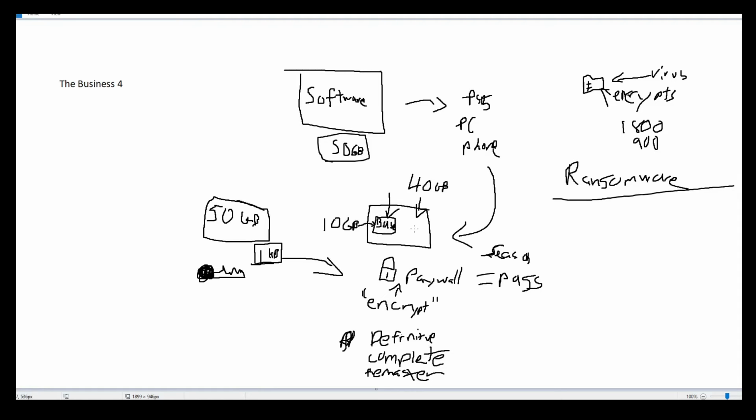It's called ransomware. And it should be illegal. Do you not think so? Ransomware should be illegal. Isn't it illegal to hold some files ransom? That's what these people do. And that's what this business model is and looks like.